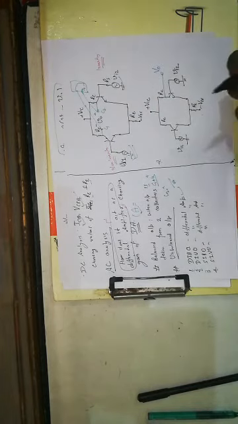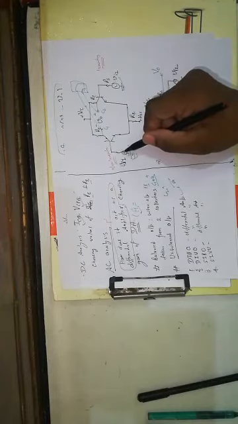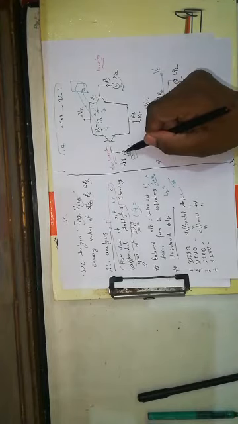Now, what is unbalanced output? In unbalanced output, we take output from C2 with respect to ground, and there could be two kinds of input: single input or dual input. Single input is whenever we are providing input to only one terminal and the other is grounded. So there are two possibilities for inputs and two possibilities for outputs. For the sake of logic, there could be four possible combinations.